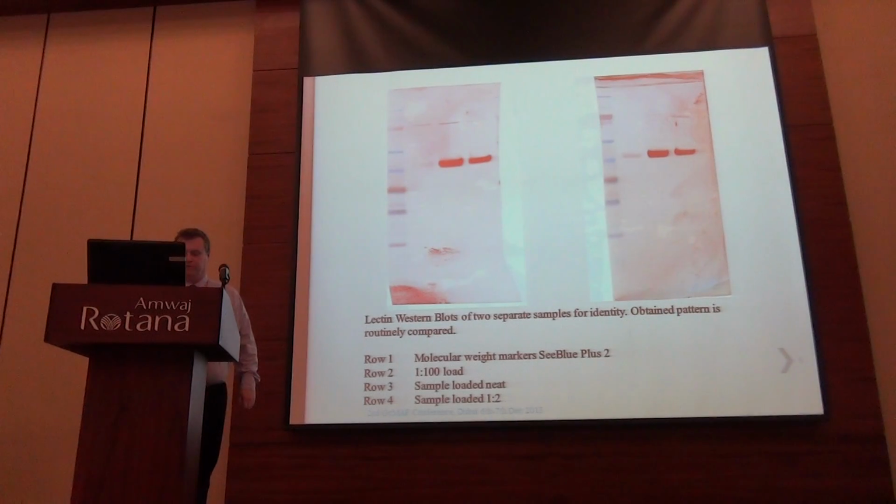This is an example of the blot that we do. You can see the samples, and you can see the identification, and there's a little bit up here which looks like it's dimerizing. It's not fully reduced, I don't think. So we're quite happy there's nothing else there. There's no cross-contamination. There are no other proteins that it binds to. So this is the sort of pattern that we're looking for in our tests.